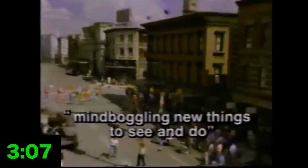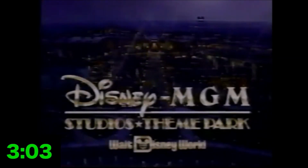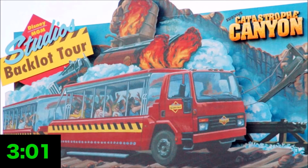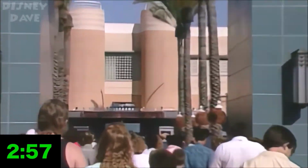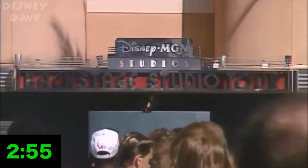When Disney's Hollywood Studios theme park first opened, it really wanted to be a really real movie studio. Even going as far as to build a park around a lengthy studio tour, just like a real movie studio would have. Guests would start the tour in what is now the animation courtyard, where they would board trams to